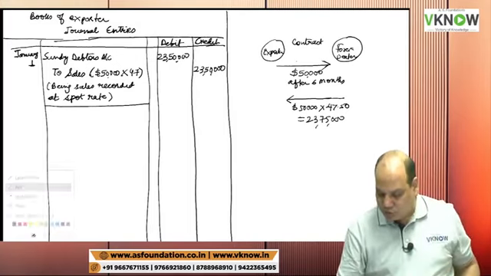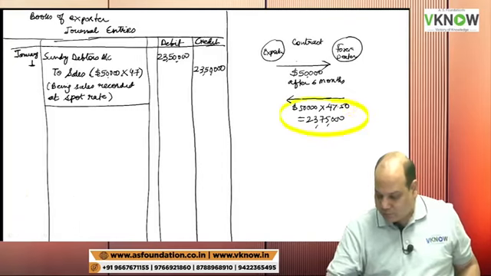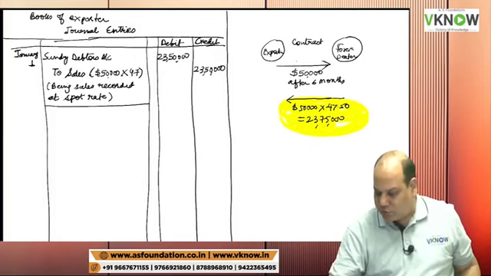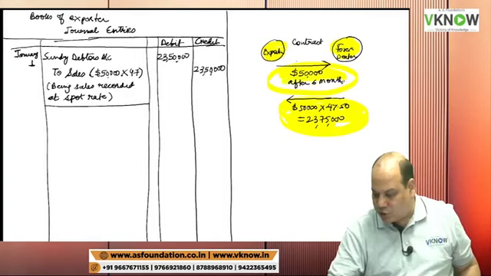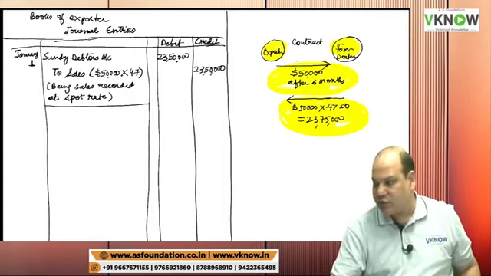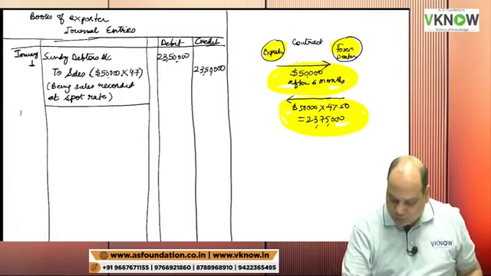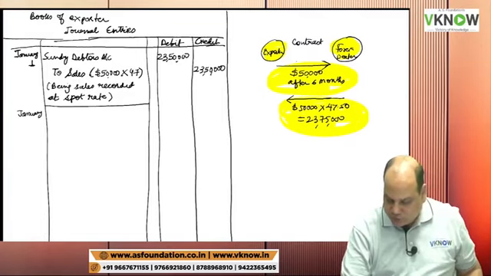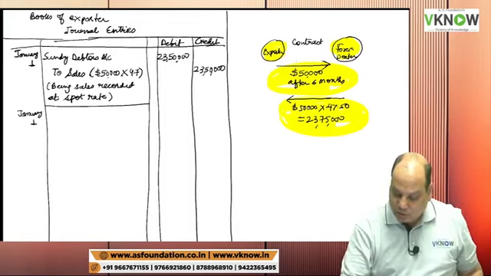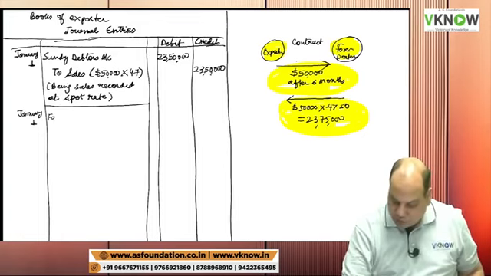So the exporter has to receive 23 lakh 75,000 from the forex dealer. And the exporter has to pay, there is a payable also, $50,000 after 6 months. So the exporter will create in the books of account, on the same date, 1st January, a receivable and a payable. So he will pass an entry: forward contract receivable